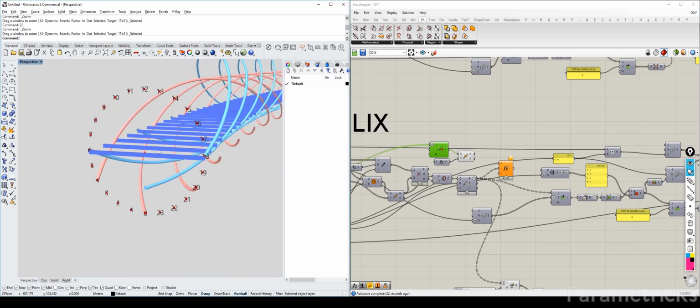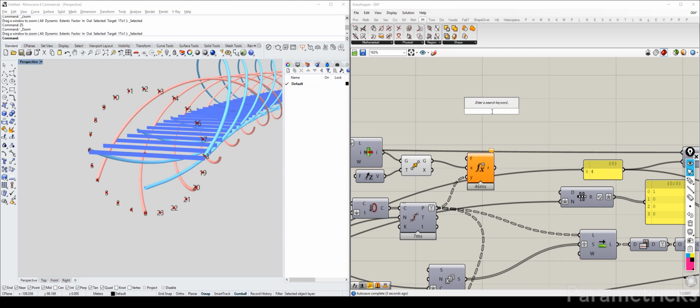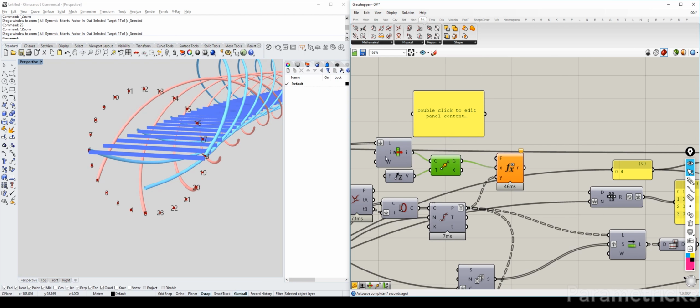Okay, and now let's put that to y and let's put this to x. Now that we have that, let's start writing our expression. Actually, let's write our expression in a panel so that we can see what we've done, instead of going back to the expression editor in the F. So what we want to do is say,